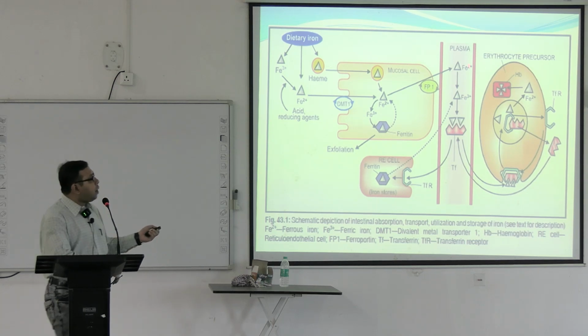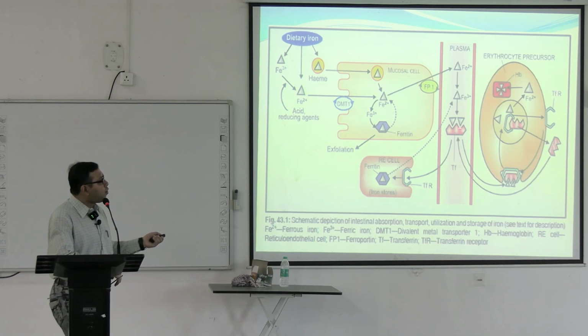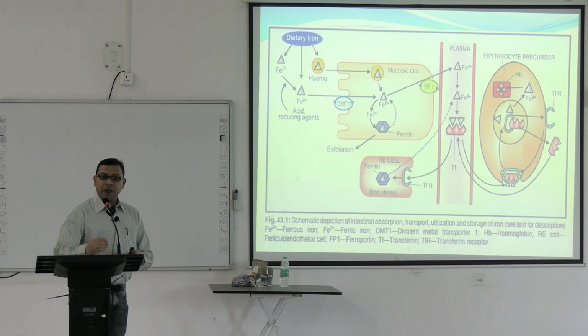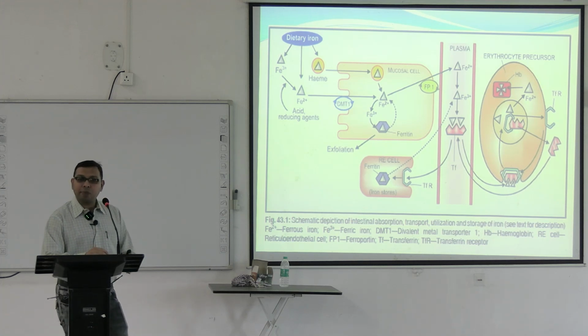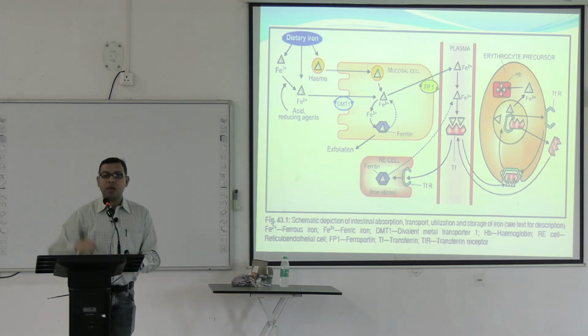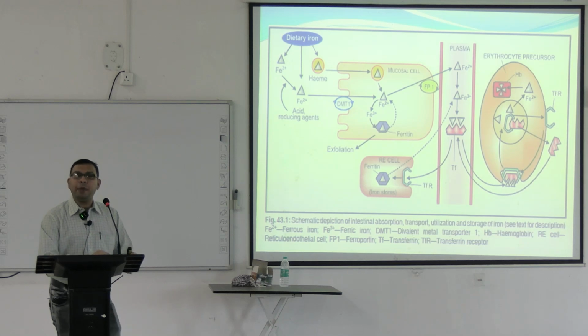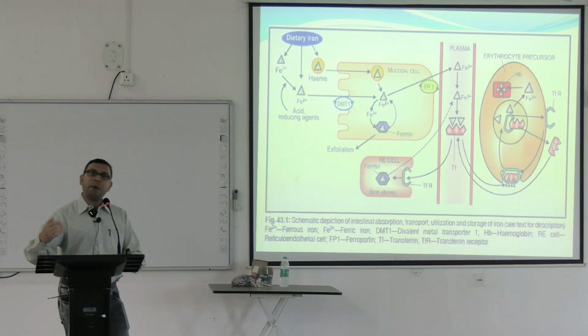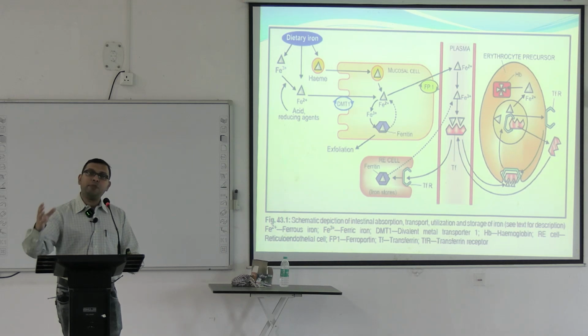Within the blood capillaries, this ferrous form is converted again to the ferric form, and this ferric form binds with a transporter protein known as transferrin, TF. Transferrin protein binds only the ferric form. So the ferrous form is needed for absorption through the mucosal membranes, either the luminal or the basolateral membrane, and after absorption in the blood it is converted again to the ferric form, and this ferric form binds with transferrin protein,